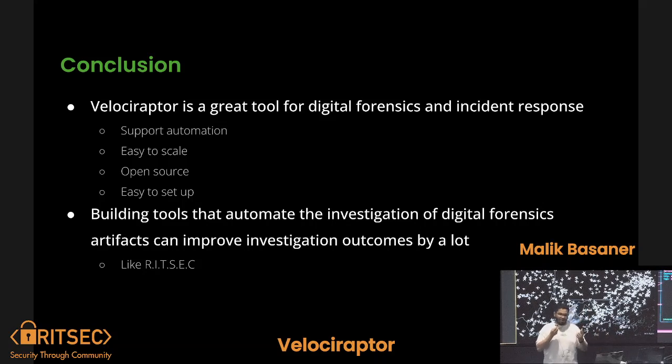Tools that automate the investigation of digital forensic artifacts can improve investigation outcomes by a lot. This can save time, effort, and even focus, on the things that you always run. I found myself going into a digital forensic investigation, running these few commands, getting the outputs, sorting them, having them nicely formatted, and then submitting that as a report or initial overview. So if I can automate that process, why shouldn't I? It will take care of that part, and then I can look at what else I can do to speed up the process.